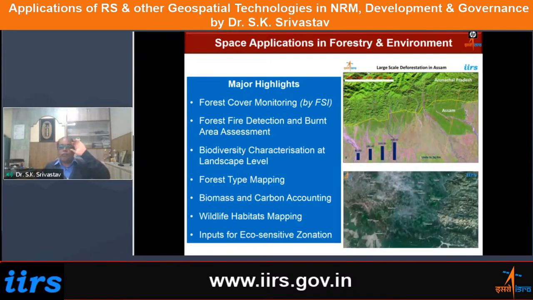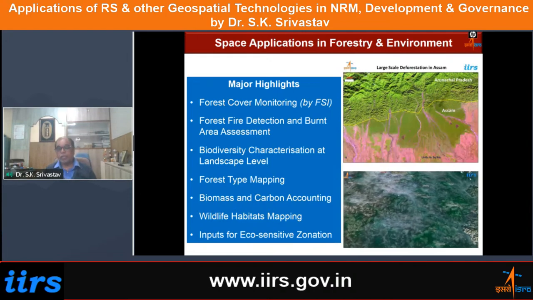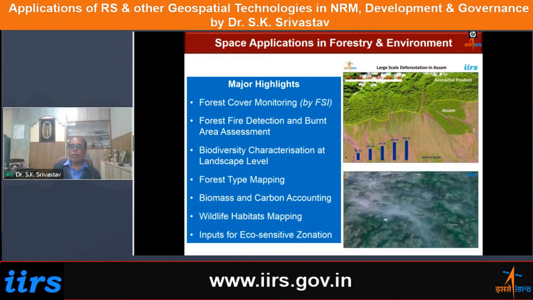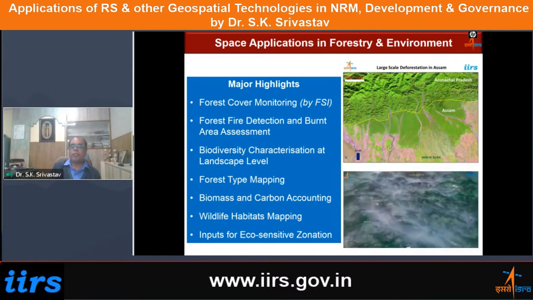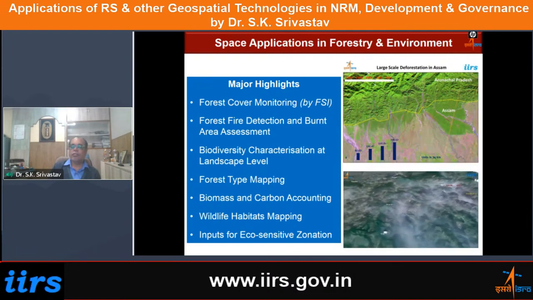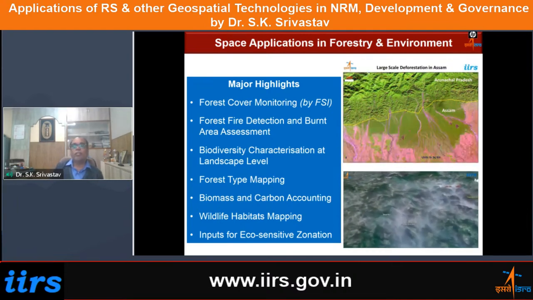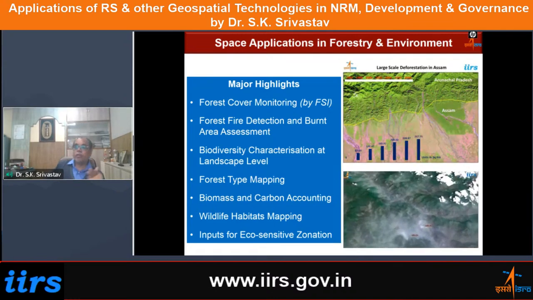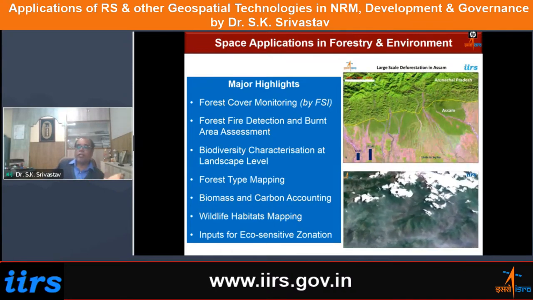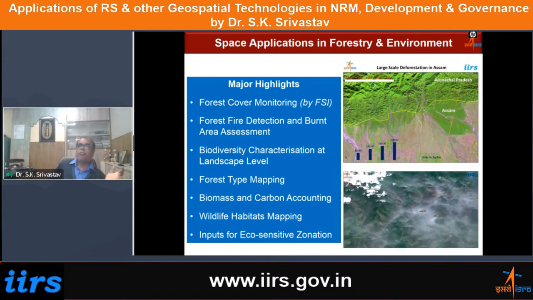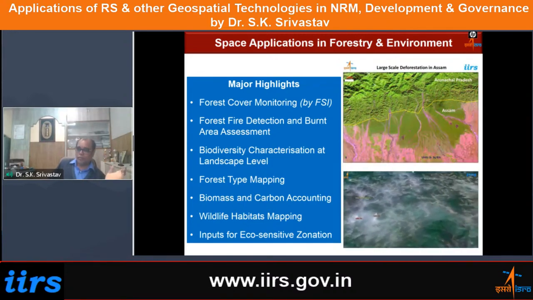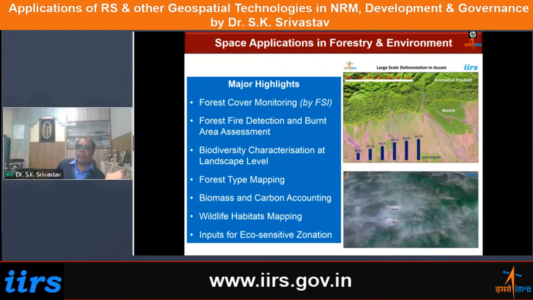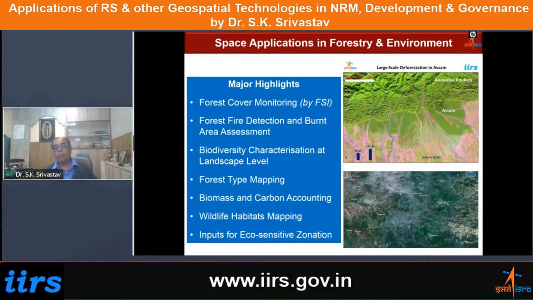The forest cover monitoring, if you look at the first bullet, is being done by the Forest Survey of India, located in Dehradun, and they use primarily the satellite data products along with the ground information, and then they generate the forest cover status report once in every 2 years. Okay, so that is a very, very important nationwide contribution. Again, it is not done for a small area, it is being done for the entire country. And you can imagine the size of the country, which is something like 3.28 million square kilometers. So it's a very large area, and this kind of information is currently being generated.